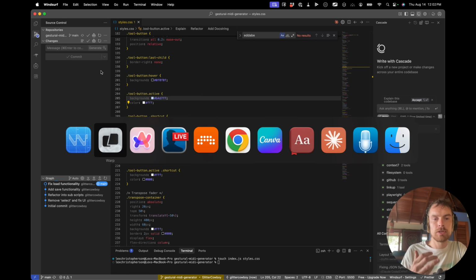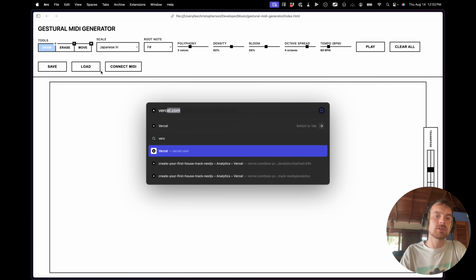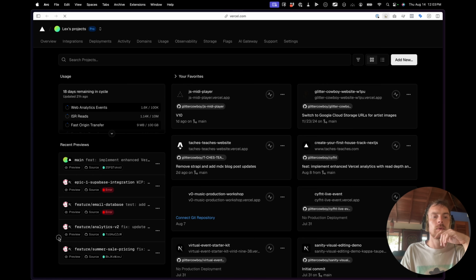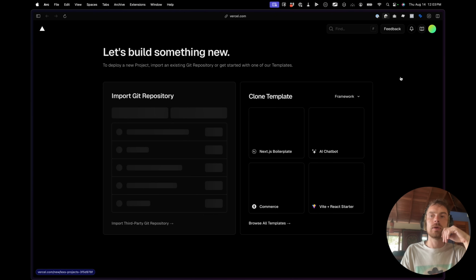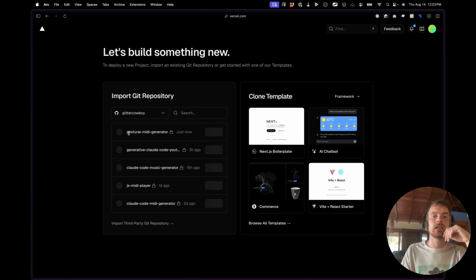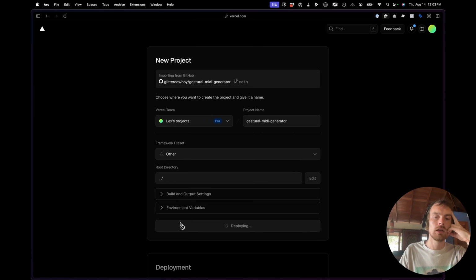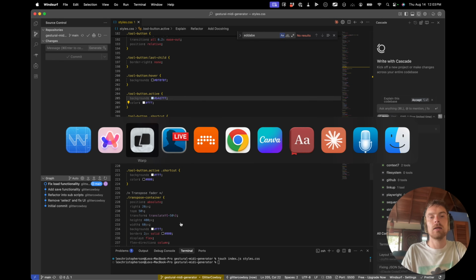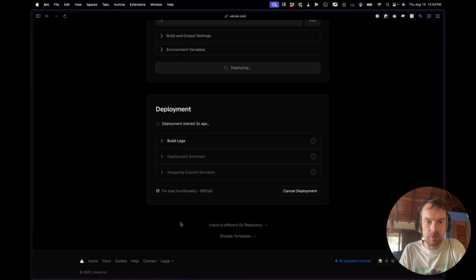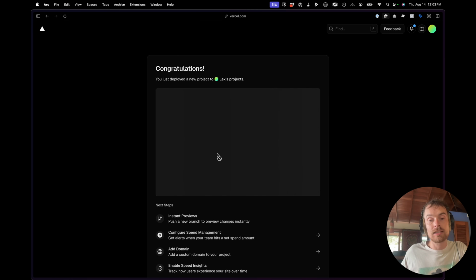and this is then just going to publish this to my Git, which means that I can now go to a wonderful website called Vercel, which if we go here to add new, I'm going to do add new project. I'm going to go here, gestural MIDI generator, because this is connected to my Git repo, and click import. I'm not going to change anything at all. I'm just going to click deploy. And because this is a really pretty small project, this should deploy real quick,